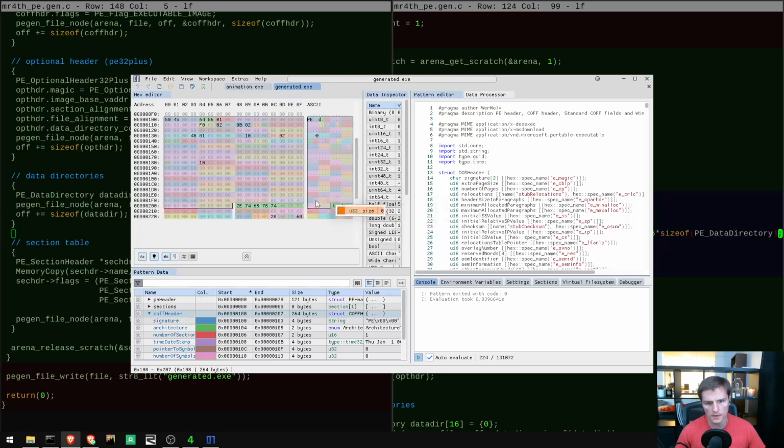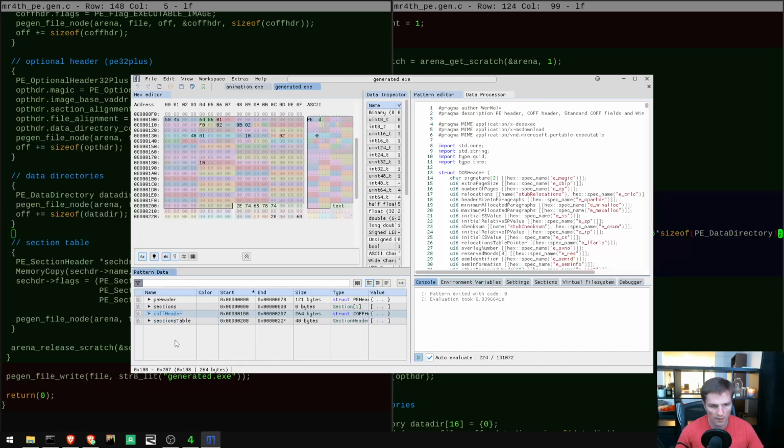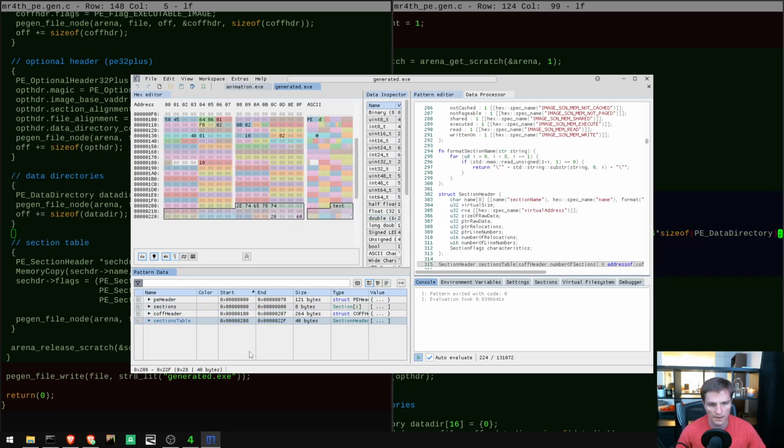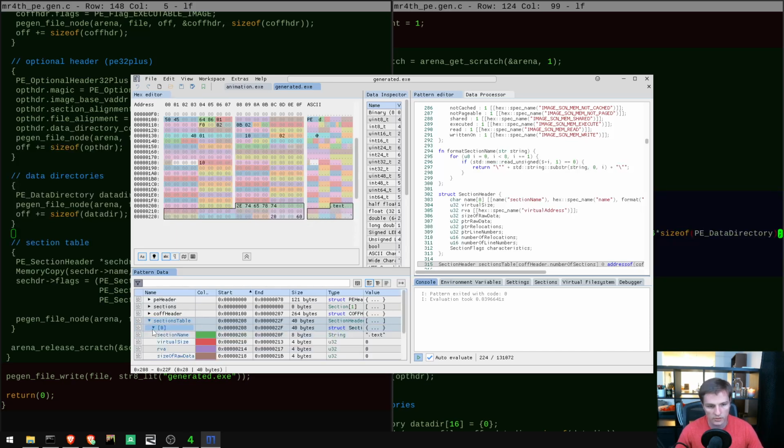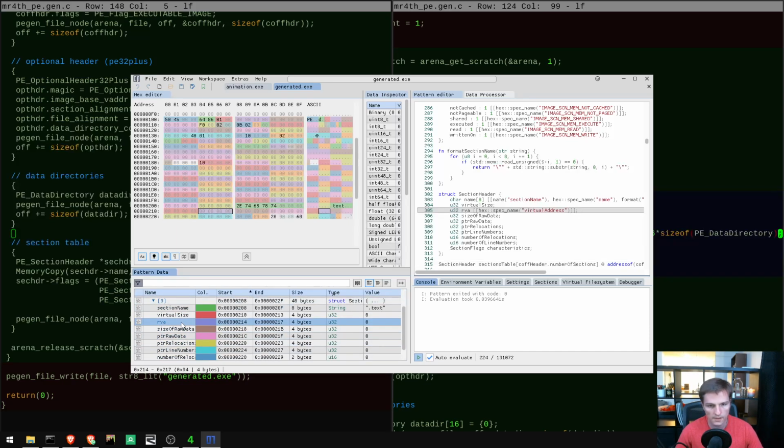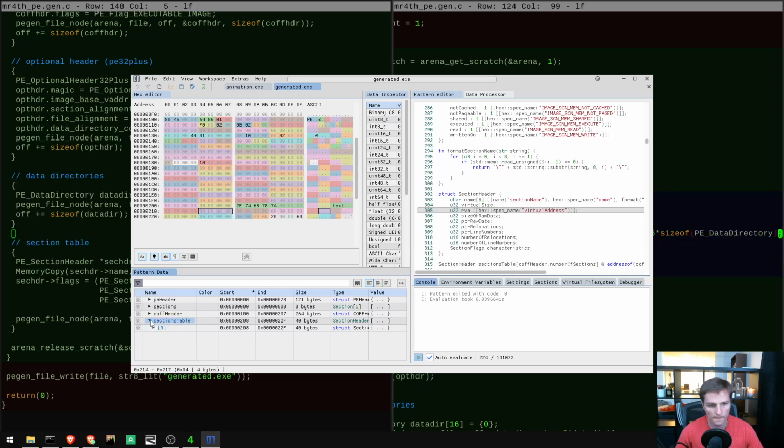All right, so that means I have a header, section header for the text section. If I go here and say, like, where's my section table? It now actually highlights the section table, which is good. So the next question is, where is my text section, right? And for that, I think we need to do